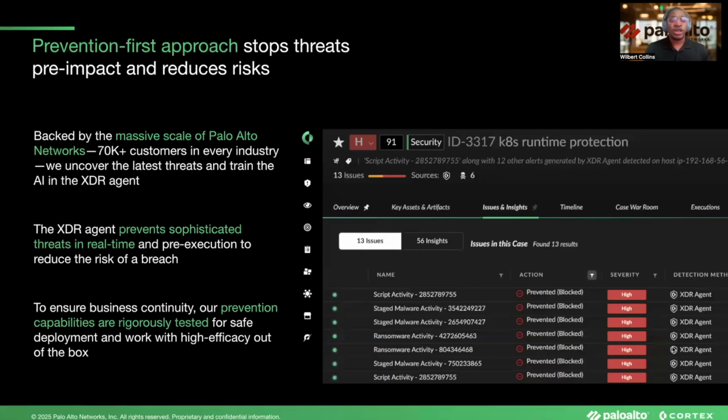Getting into the next portion is what I've just kind of mentioned in the last slide, is that being able to see this is what we like to call a case. And within this case, it's going to piece together all the different alerts. And if it's one main attack that set off about 100 different alerts, we're going to make sense of all that within this case alone. And every one of these cases is going to be given a smart score.